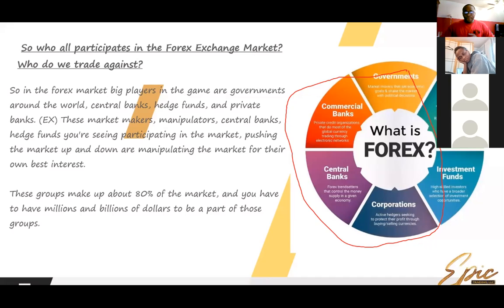So I wanted to go over that with you guys because it helps us to fully understand what type of market we're in. This is a very powerful market. I'm thankful that this exists and that we can even make money in this market because it's that powerful. I mean, you got governments, commercial banks that have billions or trillions of dollars that trade in this market. So